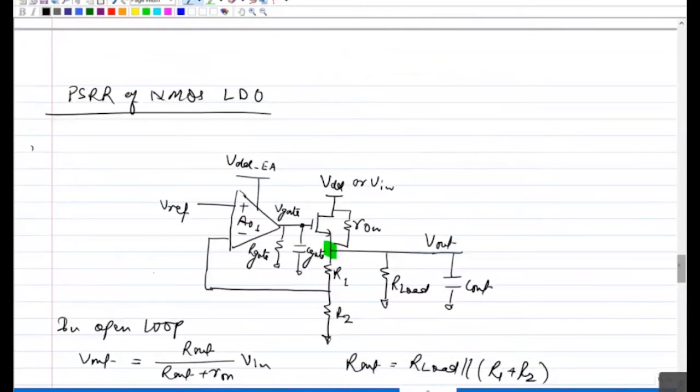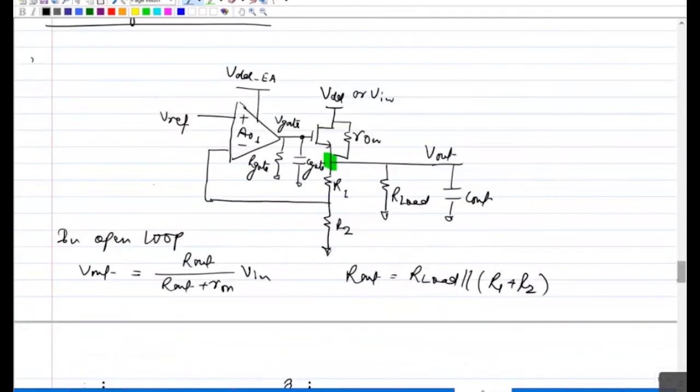If you take an op amp and connect it in unity feedback, negative feedback with unity gain, basically beta equal to 1, then the response will be similar to your source follower. The only thing is your DC voltage will be shifted, obviously, because of the VGS drop. And which means this source follower has an inherent negative feedback. And if your gain is very high, which means if GM R out of this transistor is very high, then it will behave like a unity gain buffer.